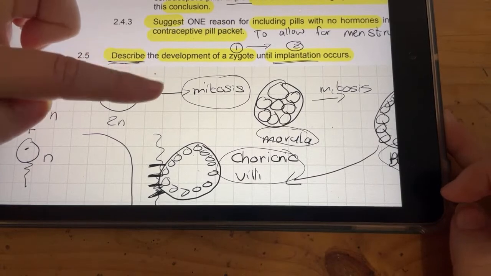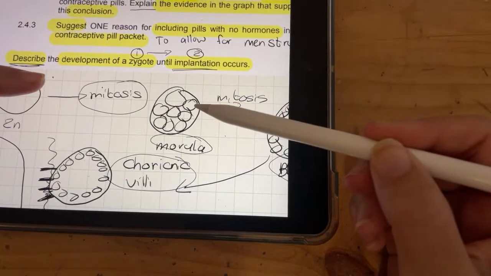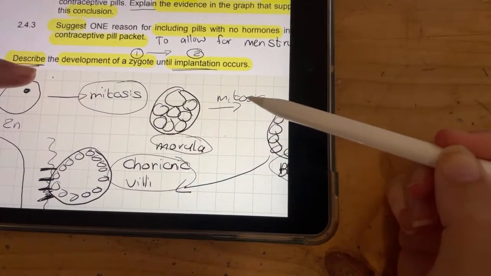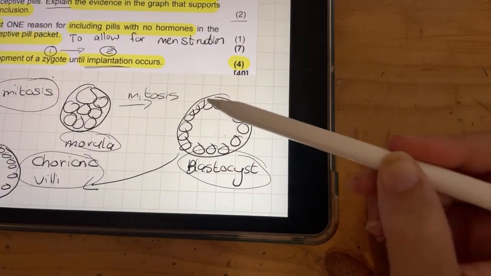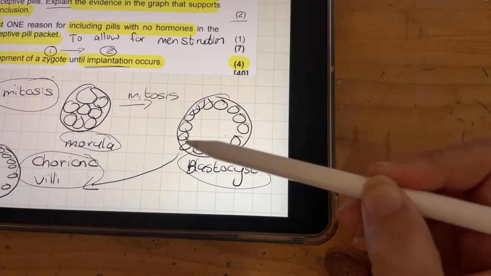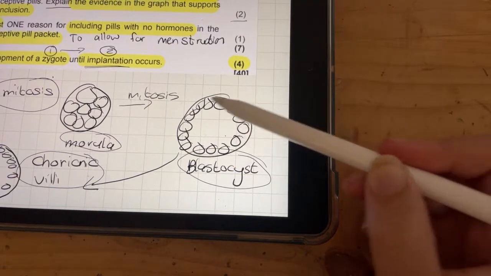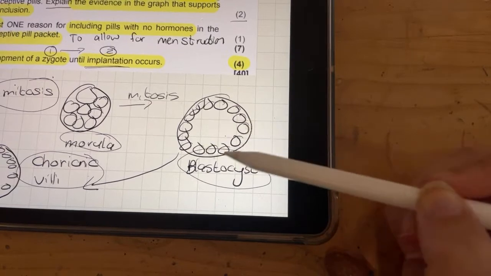It undergoes mitosis, so the cells double and triple and quadruple, and they make a morula, or a solid ball of cells. The morula continues to go under mitosis. This forms a blastocyst, which is a hollow ball of cells. This will eventually become the outer layer of the embryo with the inner organs growing inside here. Okay, so this blastocyst